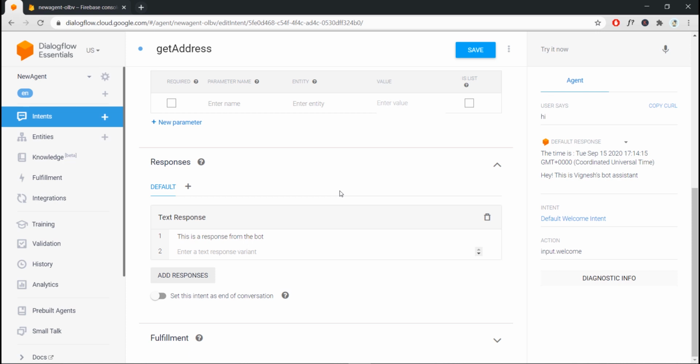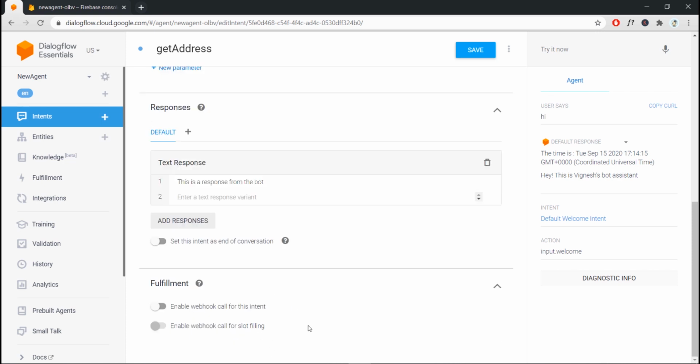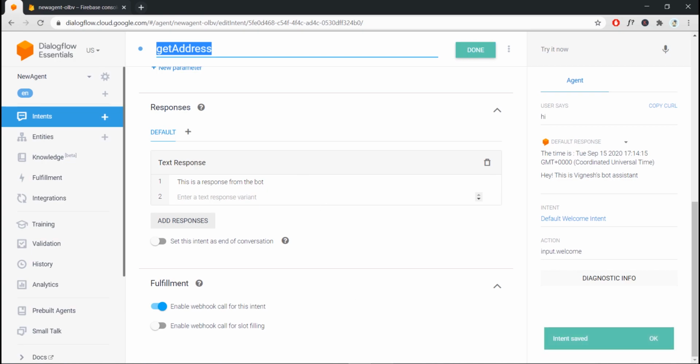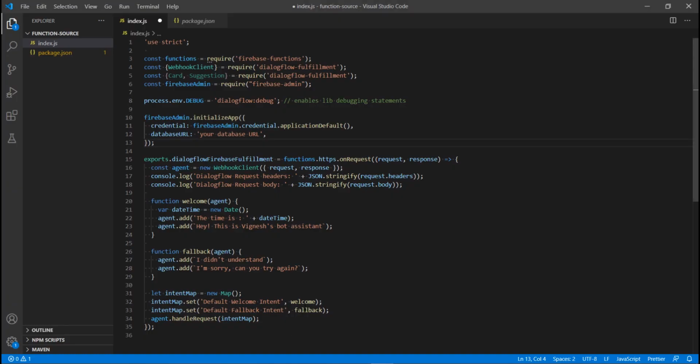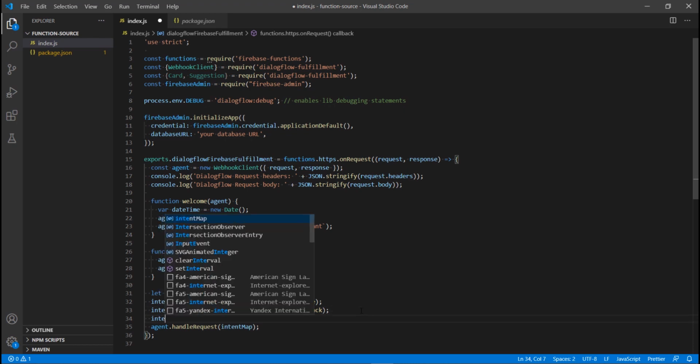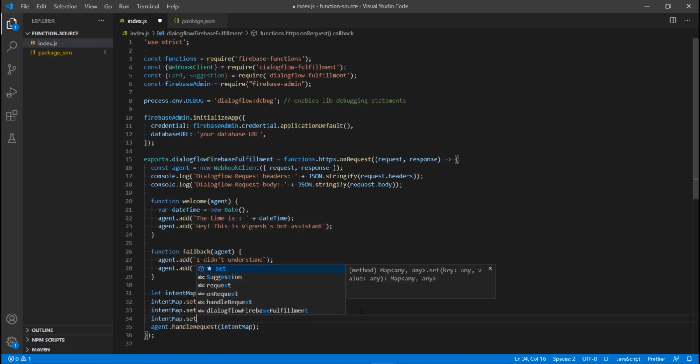Okay, cool. So to do that, we can first enable webhook call for this intent, and I'm clicking save. I'm copying the intent name. So I'm creating another intent map. First we have to paste the name of the intent.